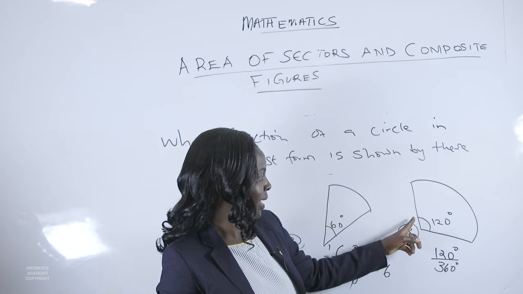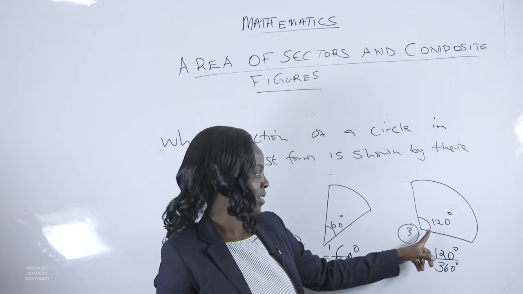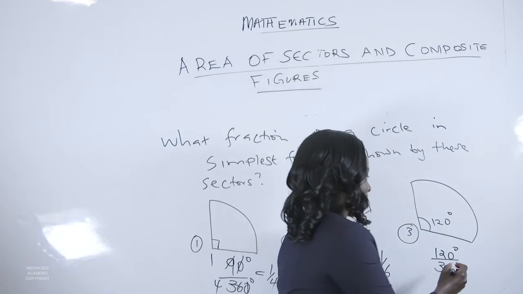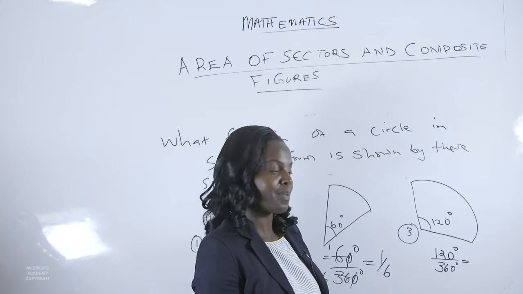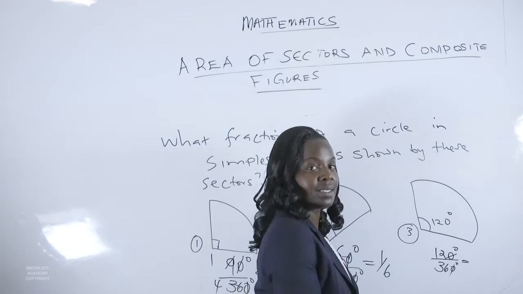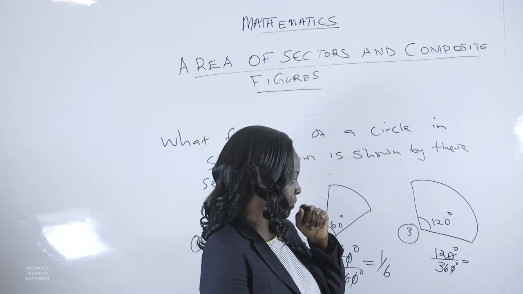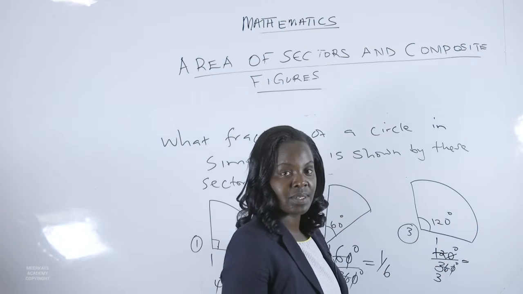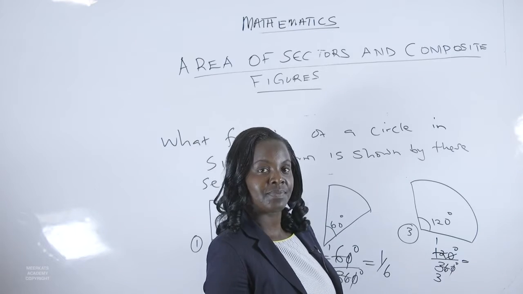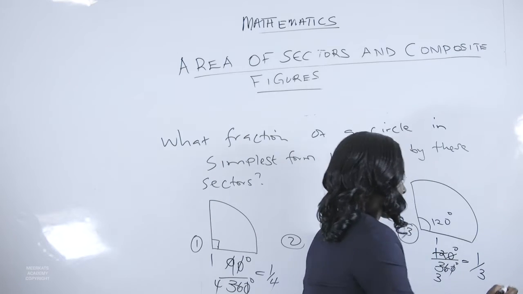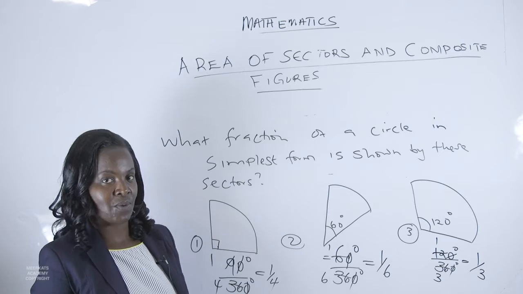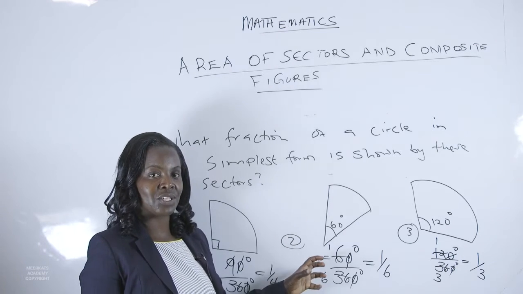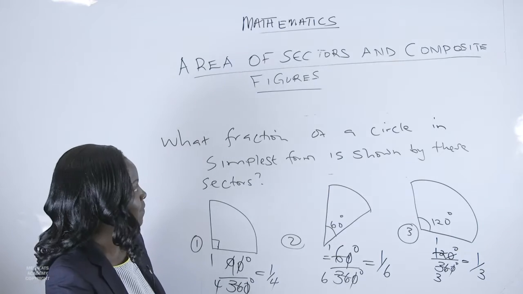Again here, we look at the angle inside the sector, that is 120 degrees. Then we divide by 360 degrees. Then we simplify. 0 and 0 again cancel out. Sorry, 12 goes into 36 3 times. So what do we have? This forms a third of the circle. So you should know how to determine the fraction of a circle, because we have said